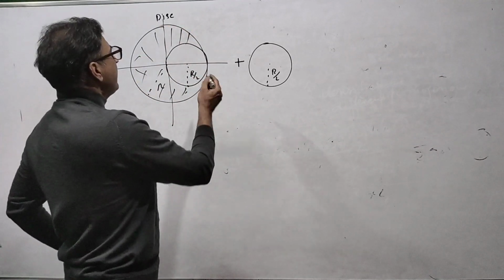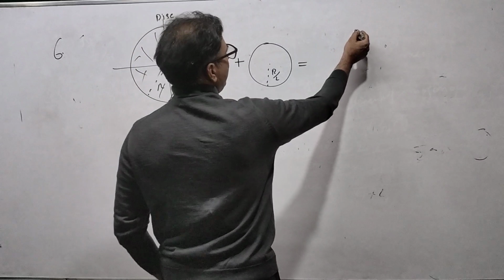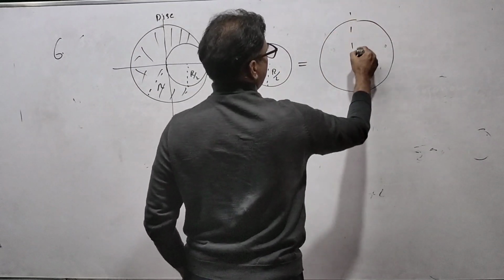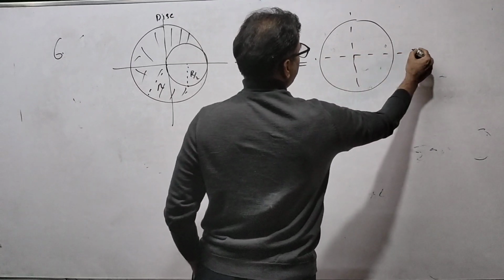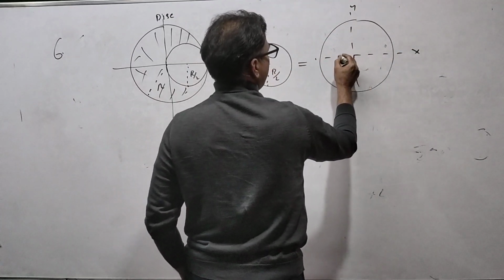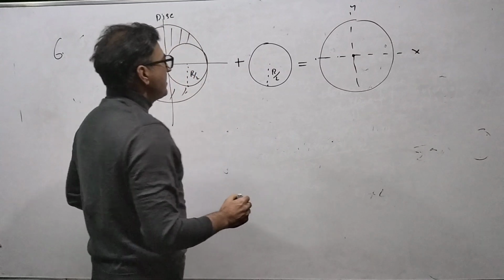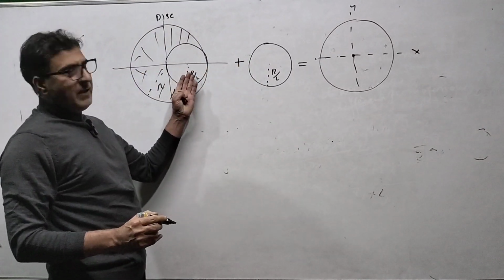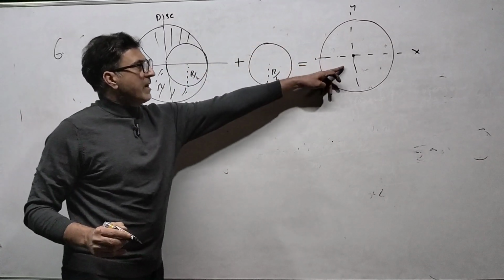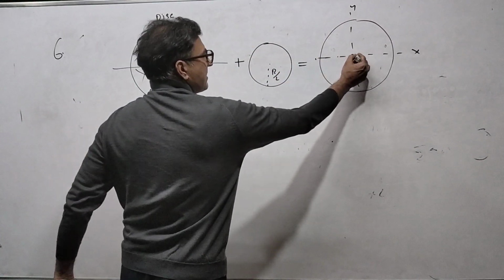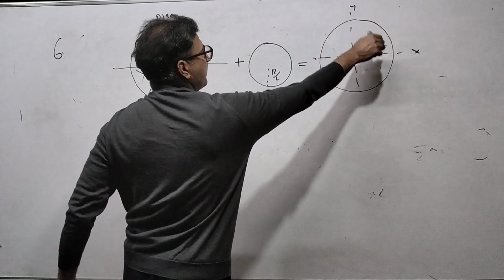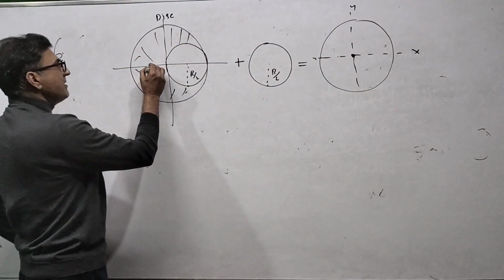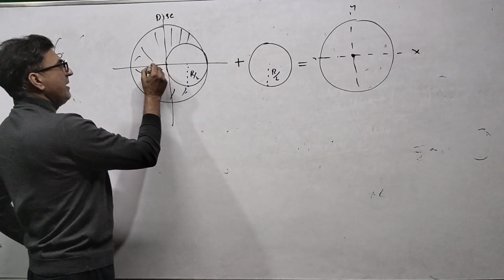ऑफ मास कहां होगा, ये क्या हो जाएगा फिर, this will become a disc, full disc like this it will become. तो इस फुल डिस्क का सेंटर ऑफ मास कहां होगा, वो तो सेंटर में होगा। इसका मतलब जब मैं इस चीज को ऐड करूंगा, इस डिस्क को ऐड करूंगा, तो ये डिस्क फॉर्म हो जाएगा, तो सेंटर ऑफ मास मिल गया मुझे सारे डिस्क का, वो तो पता है, वो तो सेंटर पर ही होगा because it becomes a full disc। इसका मतलब ये है कि अगर सेंटर ऑफ मास इसका यहां है, इतना दूर है एक्सियम,